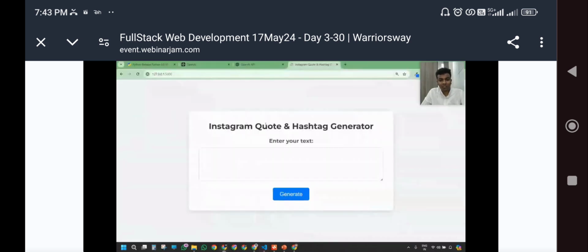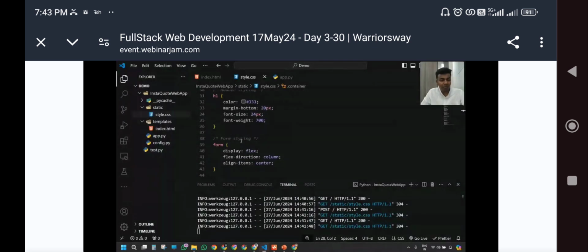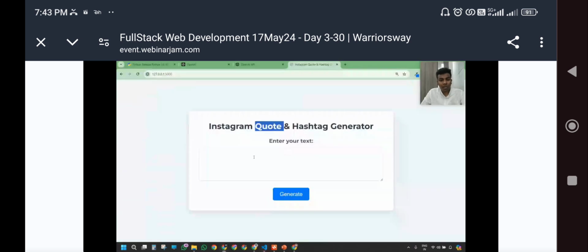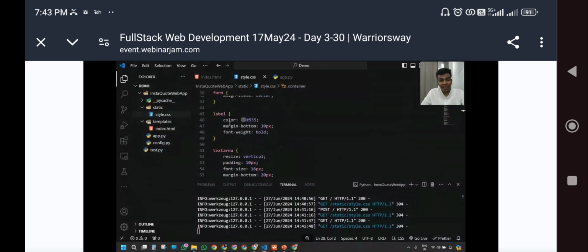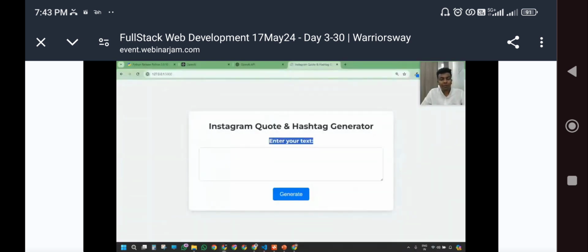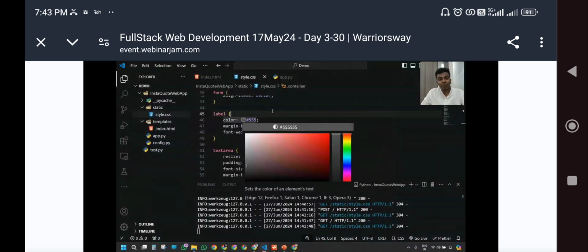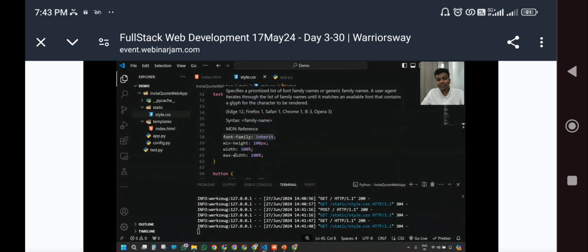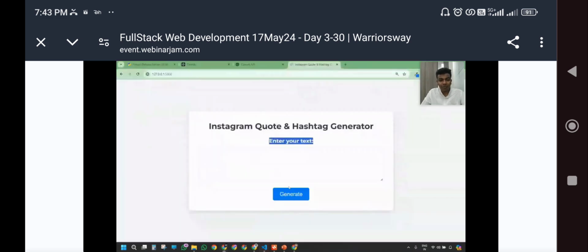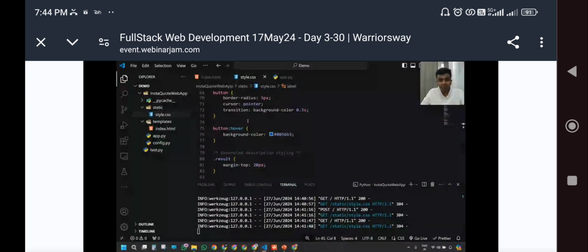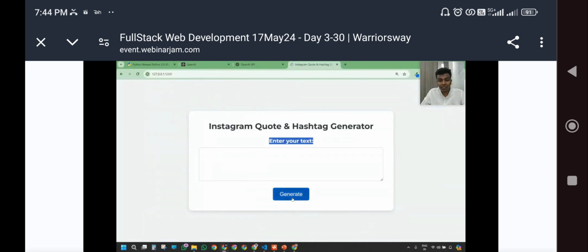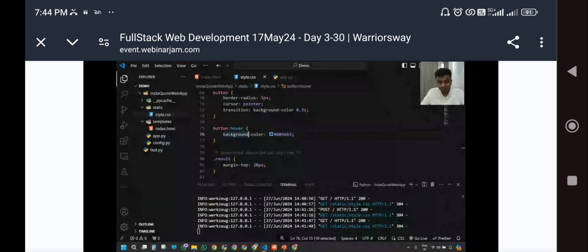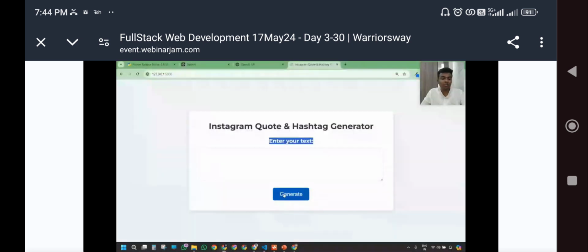And for the heading 1, what color it should be, and what the font size should be. And for the form, how that form should be shown for you. And for the label, it has been shown in somewhat lighter gray. And the text area, how it has been shown, for that also we have given. And the button needs to be a generate button with a soft, rounded corner, and generate is the text which needs to be written inside the button. That is also given. And whenever you are hovering over the button, it turns dark blue, so that is also given. And the results, how the results are going to be shown.